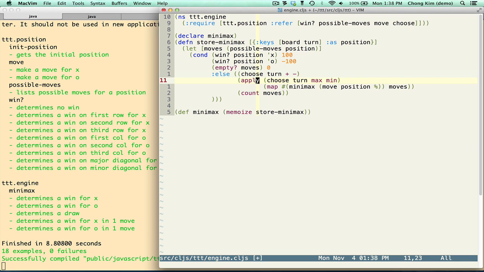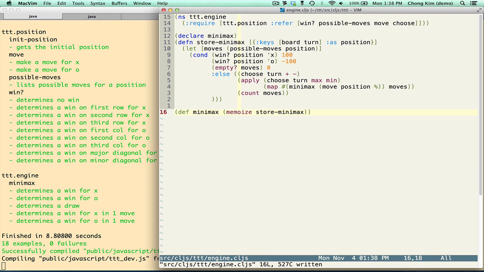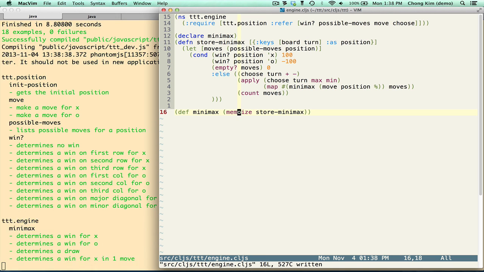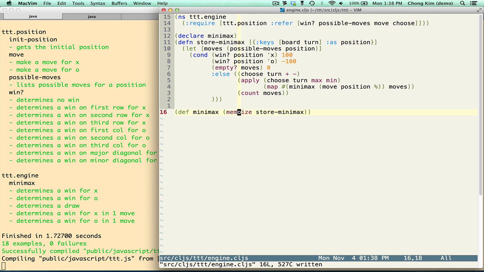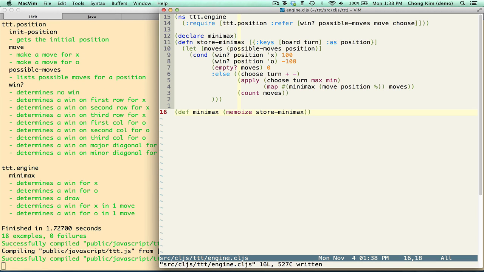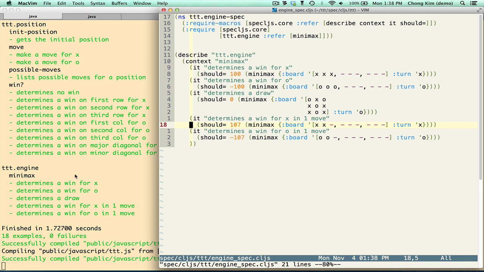So that's all you have to do, because this is calling minimax, but minimax is going to call store minimax, and they're working together to do the caching. So let's see. Now this should be a lot faster. You can see already that the return happens a lot quicker. Okay, so we actually did the memoization. That's done. The next test, actually we're done with minimax, and we're going on to the next method,